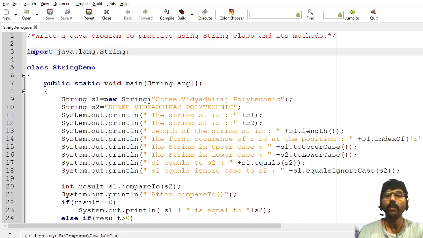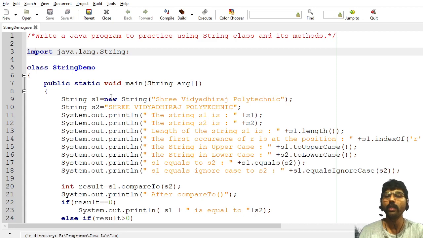So what is the difference here? Whenever you create a string using the String class, you cannot modify this string again. You cannot add a new character. You cannot change a character in the string. It's permanent. Once you create a string, it's permanent. You cannot modify that string. But if you use the StringBuffer, you can change it. You can modify the character. You can add the character. That facility is provided in the StringBuffer class, which will be explained in the next experiment.